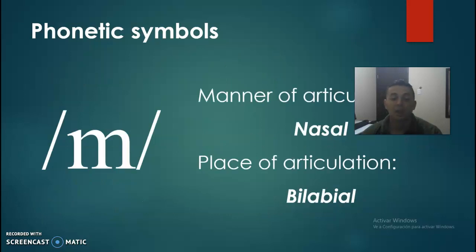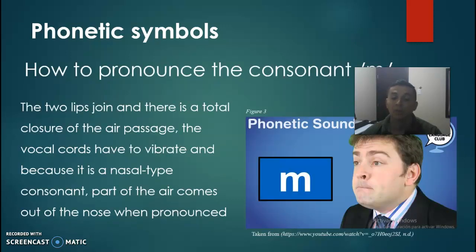The symbol m, it's a sound. Manner of articulation nasal. Place of articulation bilabial. How to pronounce the consonant m? Two lips join, and there is total closure of the air passage. The vocal cords have to vibrate, and because it is a nasal type consonant, part of the air comes out